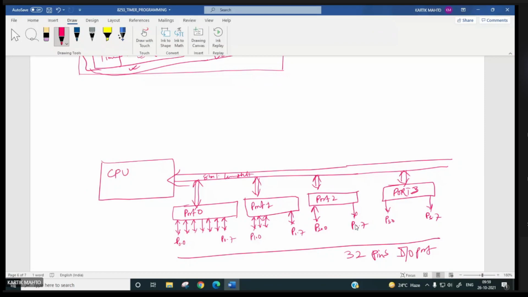Now for having timer circuitry, what can you have? You can have 2 timers like this: 8-bit, 8-bit, 8-bit, 8-bit, right? So you can have timer 0, timer 1. Only 4 registers can be used as timer counter.